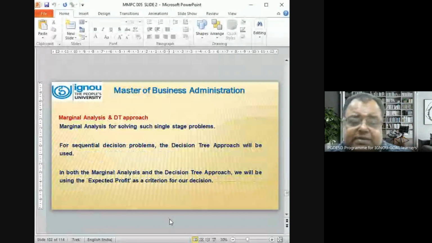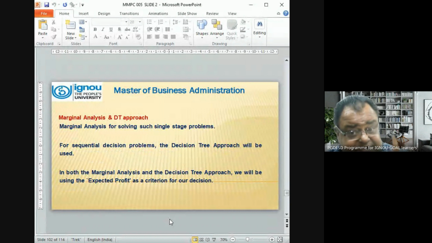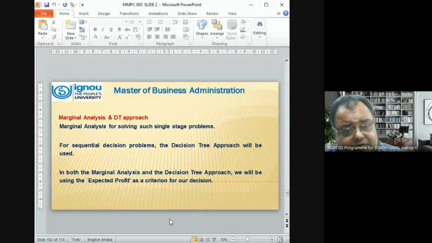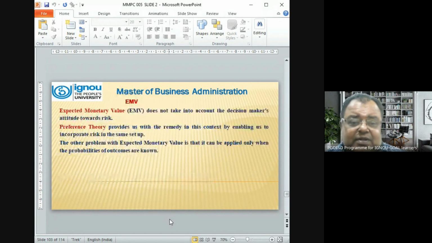Marginal analysis and DT approach. Marginal analysis is used for solving such single stage problems. For sequential decision problems, the decision tree, that is DT, approach will be used. In both the marginal analysis and the decision tree approach, we will be using the expected profits as a criterion for our decision. Everybody wants profit. EMV, expected monetary value,